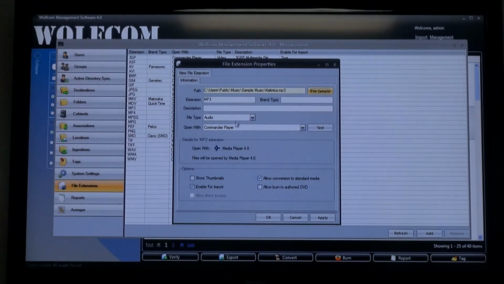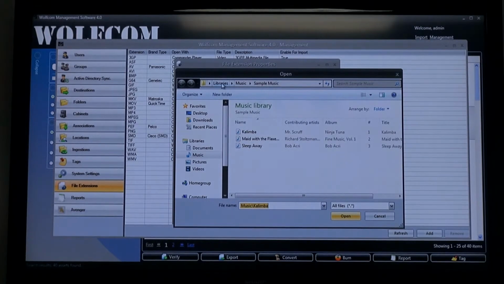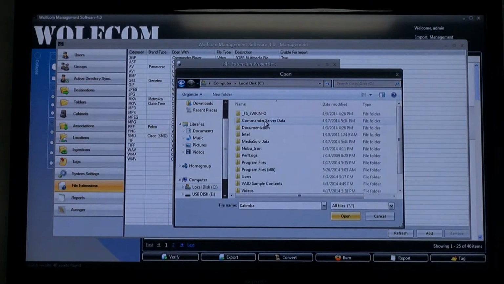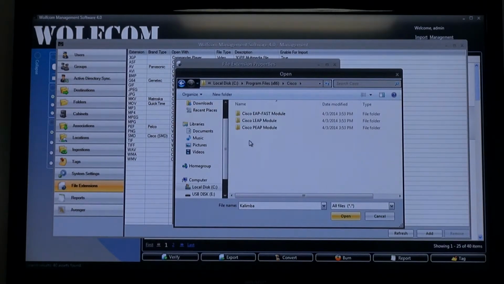So you can see here, it automatically recognized that this is an MP3 and it's an audio file, although we do already have that extension right there. So you know what, let's pick a different sample. We're going to go in here and, actually, I've got an idea. Let's go to the C drive and go to Program Files, go to Cisco,